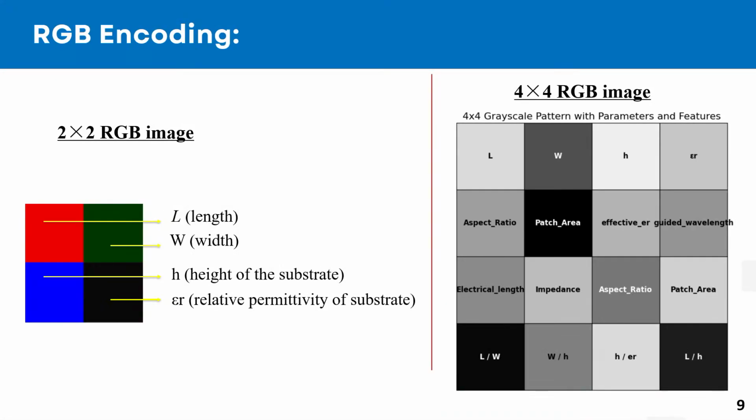Now this is the key innovation in our work: how we represent the antenna parameters. Traditionally, these parameters, length, width and substrate, are treated as raw numerical values, but instead of directly feeding these to the model, we convert them to an RGB image. But why did we do this? Because convolutional neural networks are exceptionally